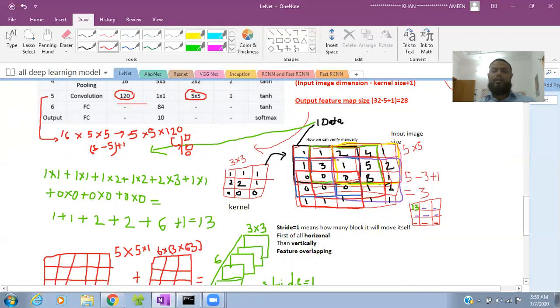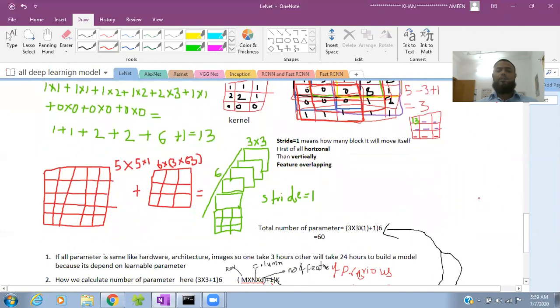Again here they are taking 3 cross 3, and then strides is 1, so it will go like this. If strides are 2, it will move 2 steps and then calculate the value. Strides means how many blocks it will move. First they go in the horizontal direction, and then vertically.